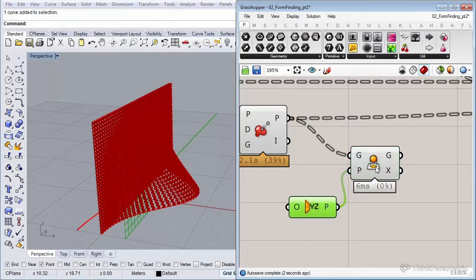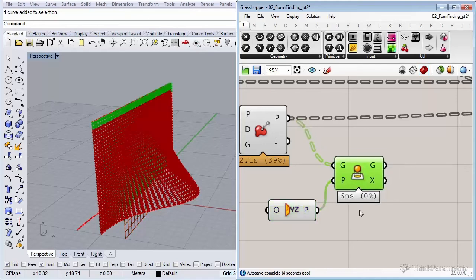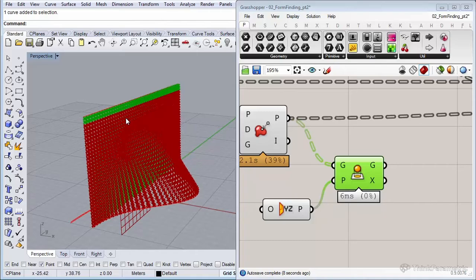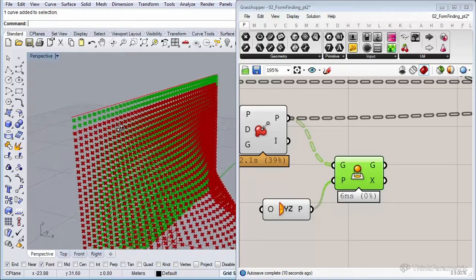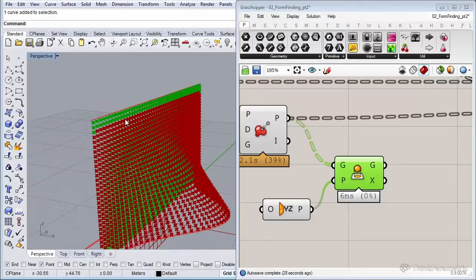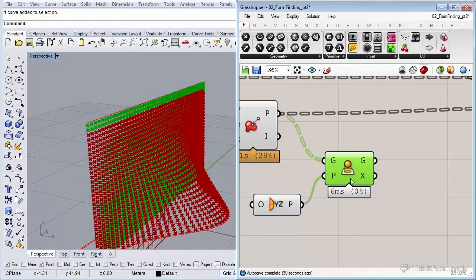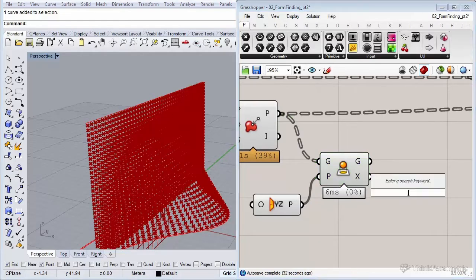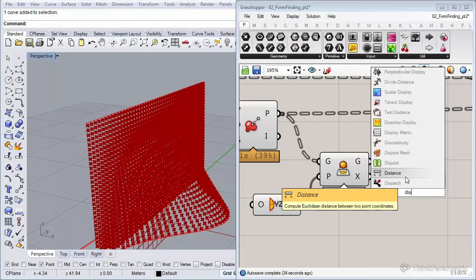Nice. So as you can see, now all the points are projected on the YZ plane, and the ones that are displayed on top of the red points, those are really close to the YZ plane, and those are the ones we actually want to align perfectly. So let's measure the distance with the original points with a distance component.